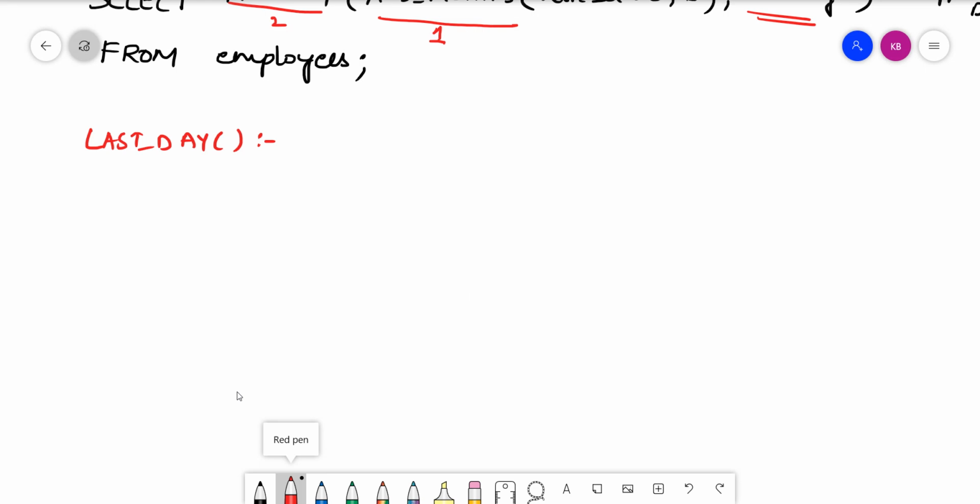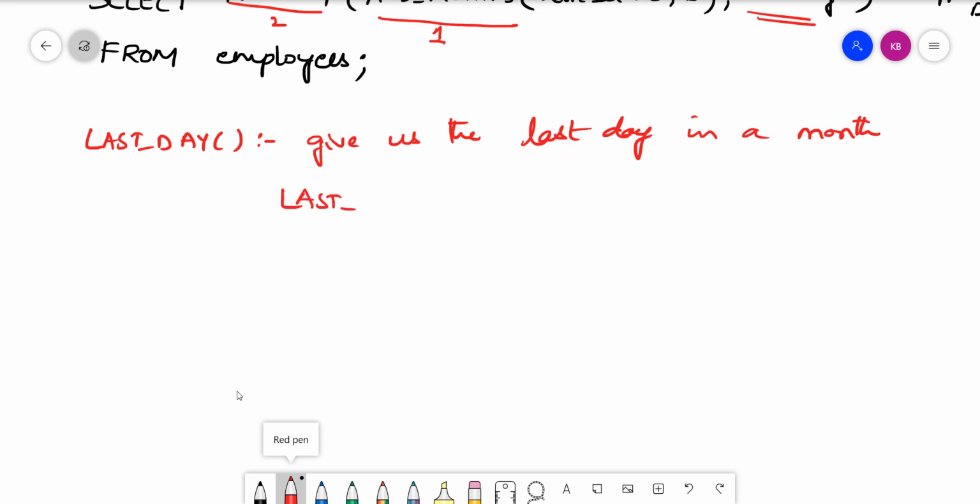So for that purpose, here we can make use of this last_day. So what is the purpose of this last_day? It will give us the last day in a month. Okay, so what is the input that we wanted to give? We will only provide one input. Yes, so here last_day will take only the date value or the column as the parameter, right?